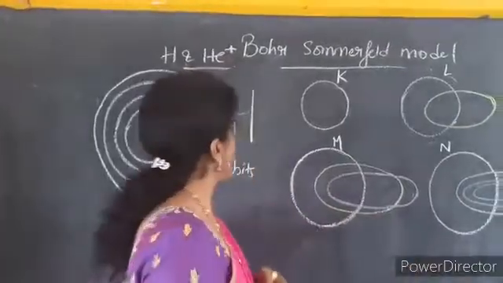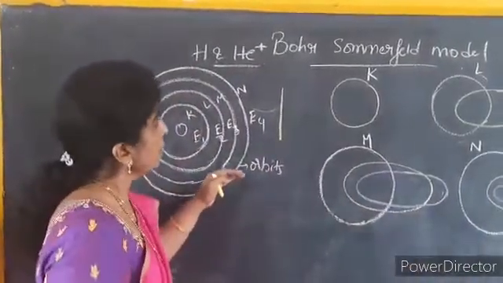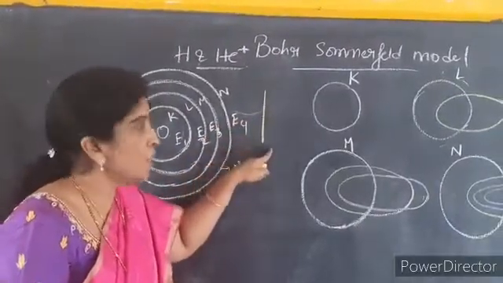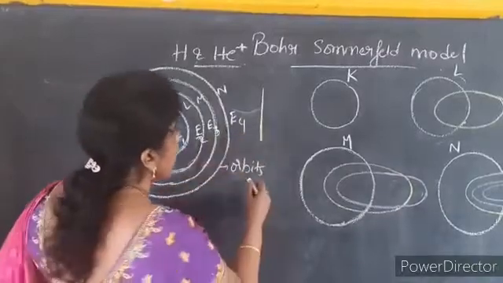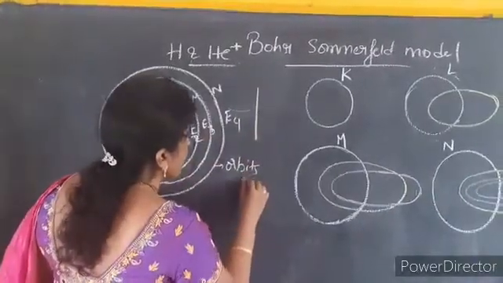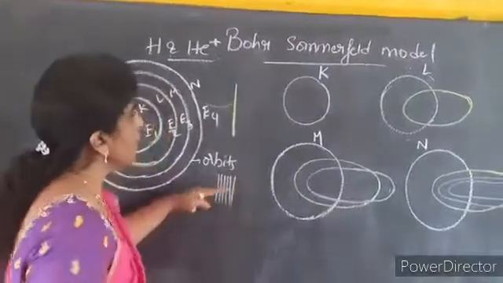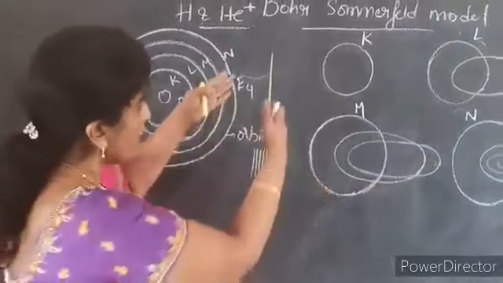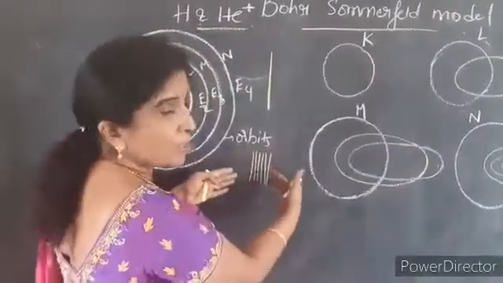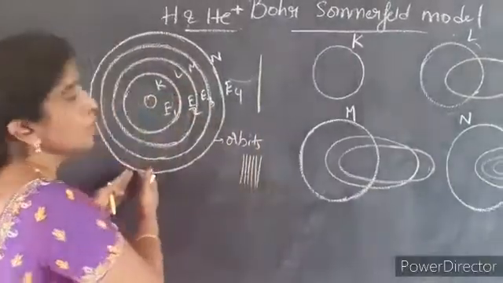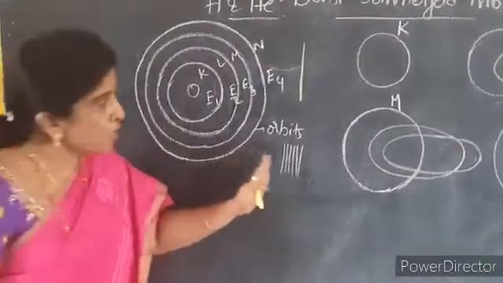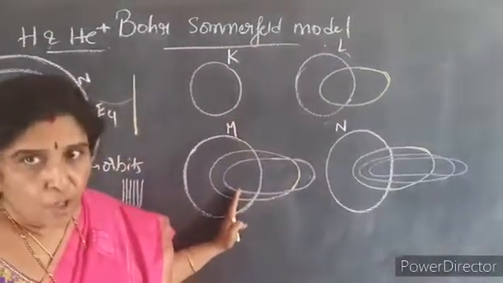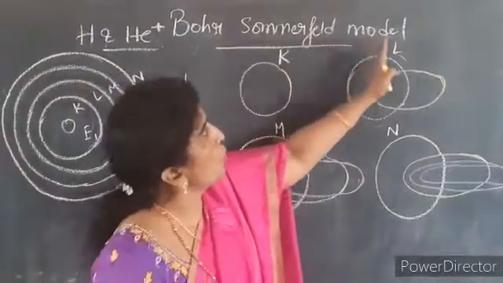So there is another limitation of Bohr's model. When the line spectrum is observed under a high resolution spectroscope, further it appears as fine lines, which is called fine line spectrum. So why is this line again splitting into fine lines? Bohr could not explain. So to explain fine line spectrum, Sommerfeld proposed another atomic model, which is known as Bohr-Sommerfeld atomic model.